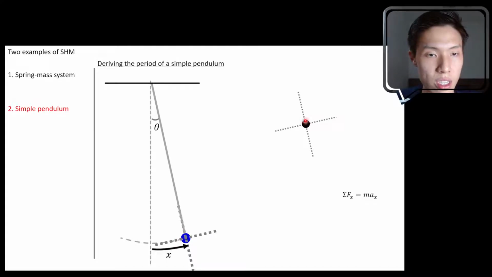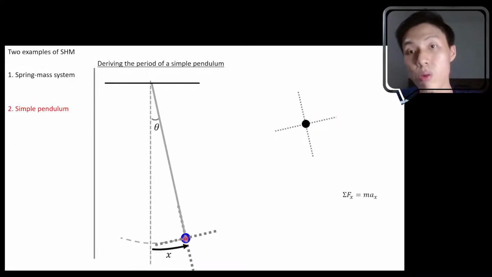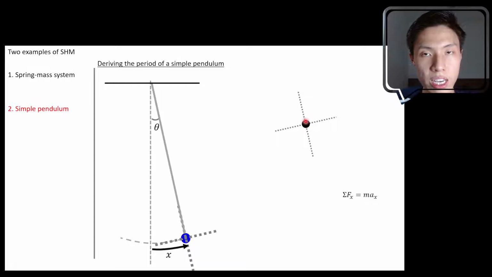So we will treat this black dot here as the object, which is the pendulum bob, and we will draw one axis that is tangential to the circular arc. We will draw one axis which is normal to the circular arc, or in other words, along the string that connects between the ceiling and the object over here. Okay, so this object has mass, therefore it has weight. At the same time, because it's connected to a string, there will be tension.